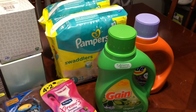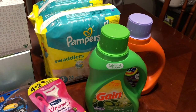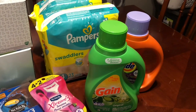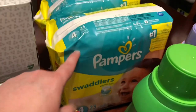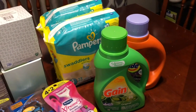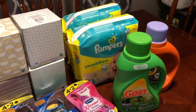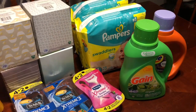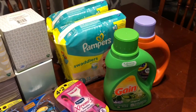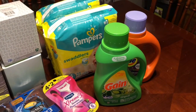So I used the 3 off 2 Pampers, the 2 off 1 Gain, the 2 off 1 Tide. Used $16 from this transaction in extra care bucks. I spent $11.99 out of pocket. If you buy diapers at CVS, they are $11.99, if not more, a pack, so that was fantastic. I get it. Not everyone goes to CVS for diapers. I'm not even saying if I had no coupons and we needed diapers that's where we would buy them. But just for perspective. So I left paying $11.99 out of pocket for those, and I got a $10 reward